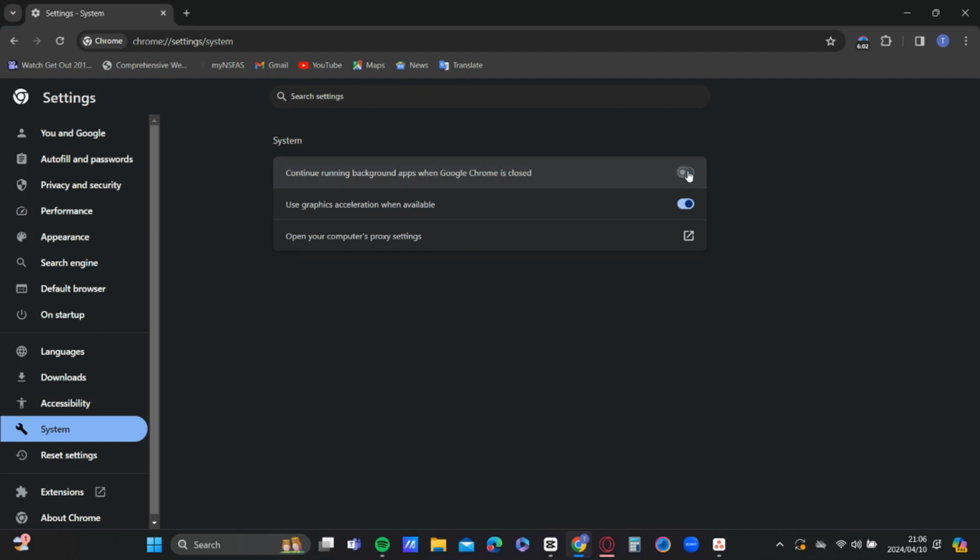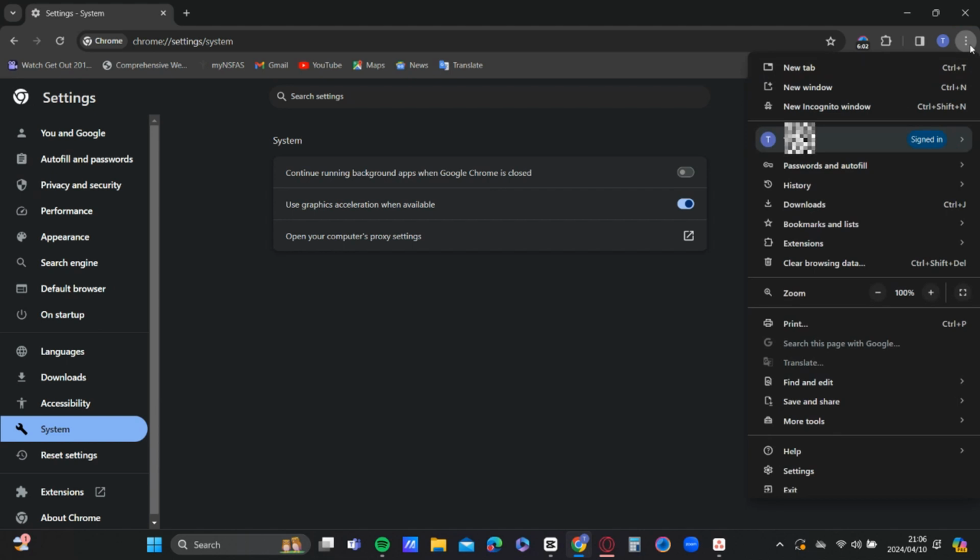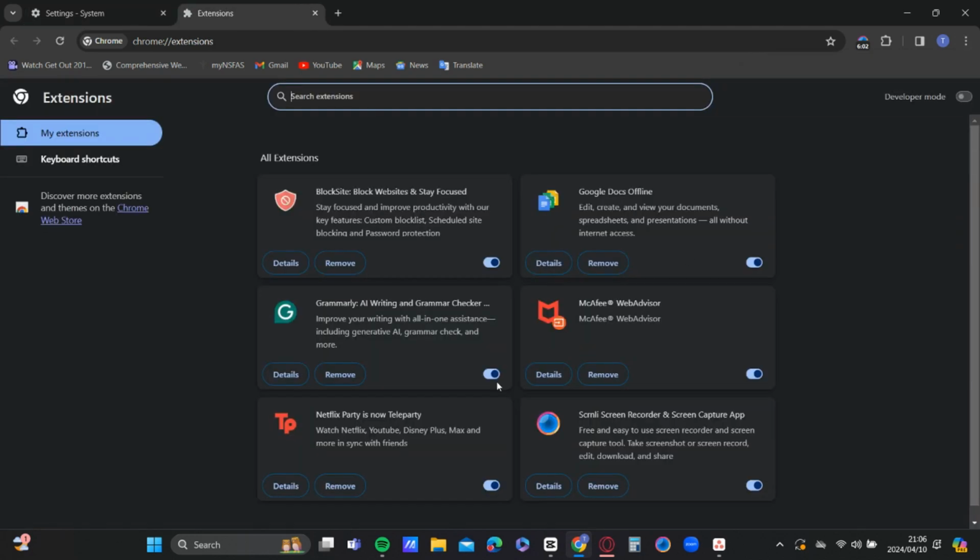And then what we're gonna go ahead and do is access our extensions. So we're gonna click on the three dots on the top right corner, and then we're gonna make our way down to the extensions, manage extensions. And then in this section, you're gonna go ahead and disable all the unused extensions that you no longer use as often, that you don't use at all. You can go ahead and delete or disable,